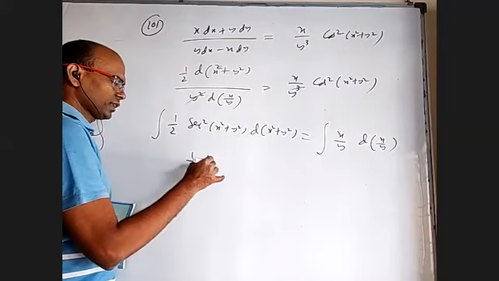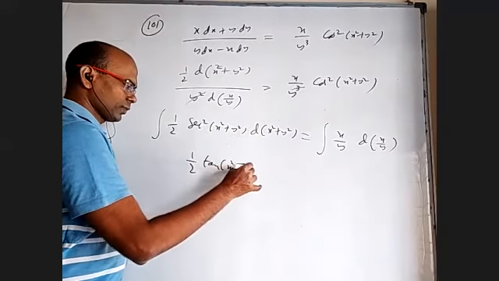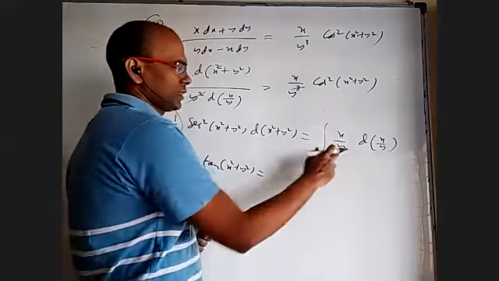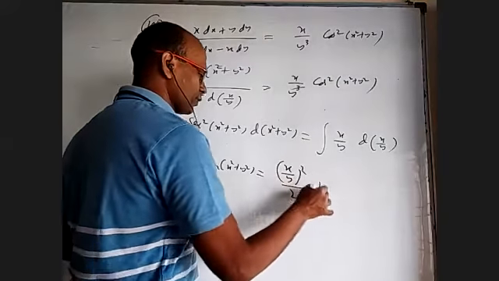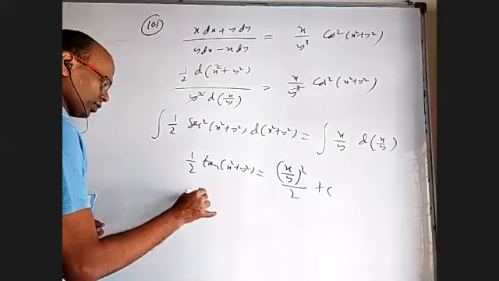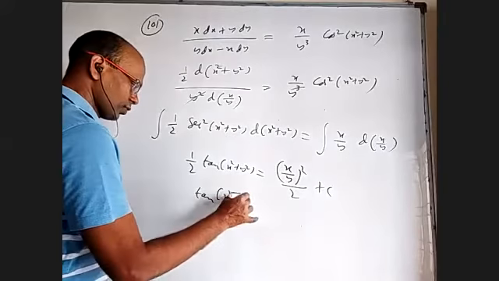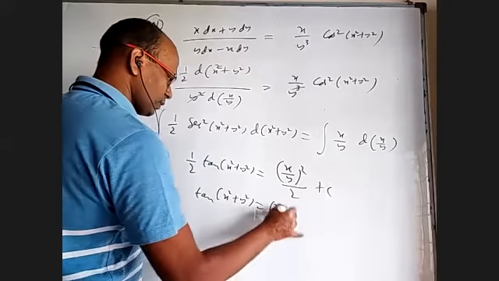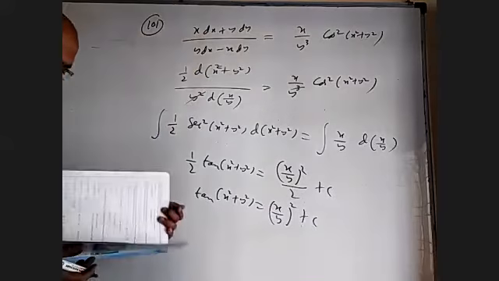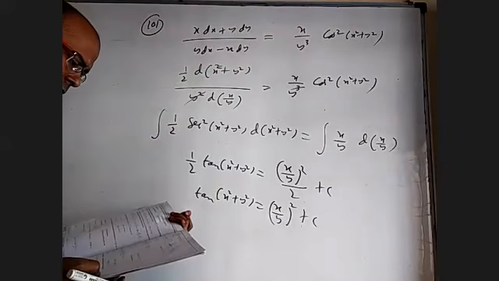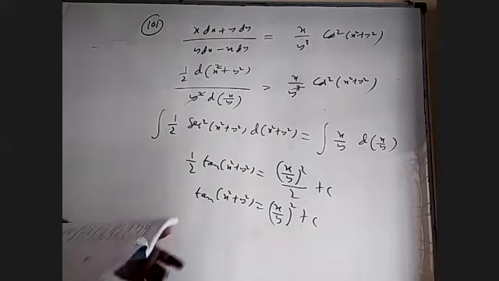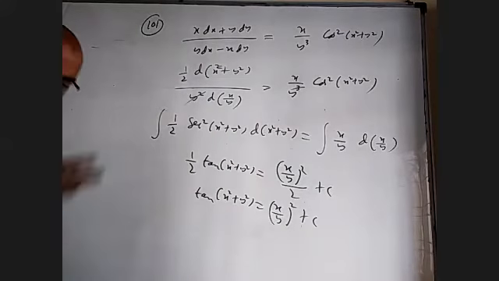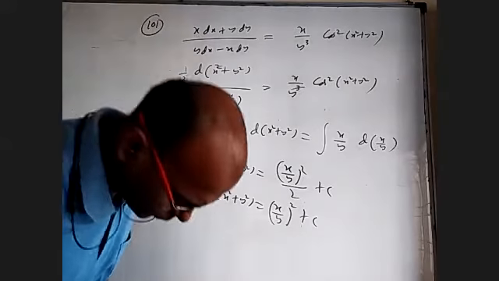So tan of x square plus y square. If I take this as some z, integral z dz, integrate, z square by 2. So I'll get x by y whole square by 2. That's it. So tan of x square plus y square equals x by y whole square plus y. Okay, so these are some 4 questions based on using that small adjustment.